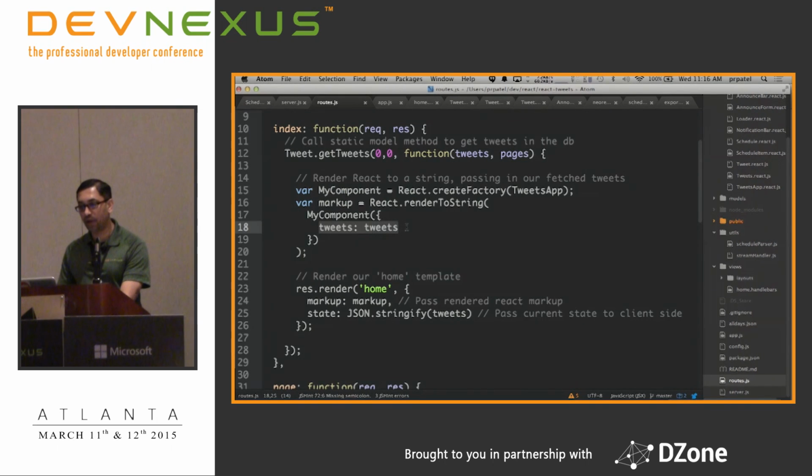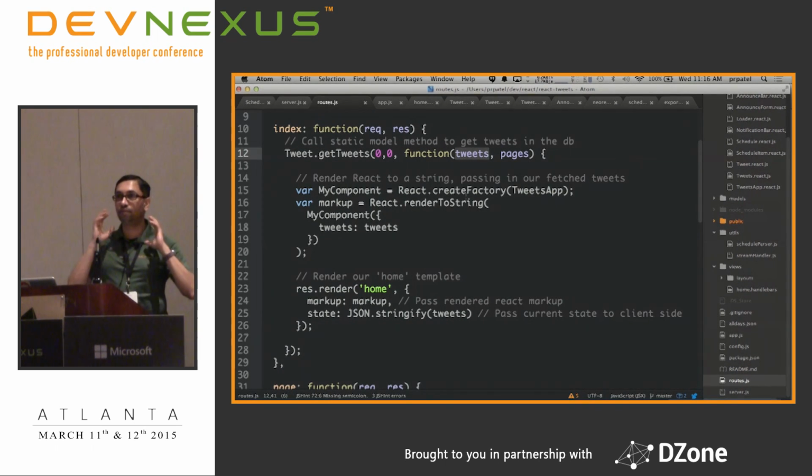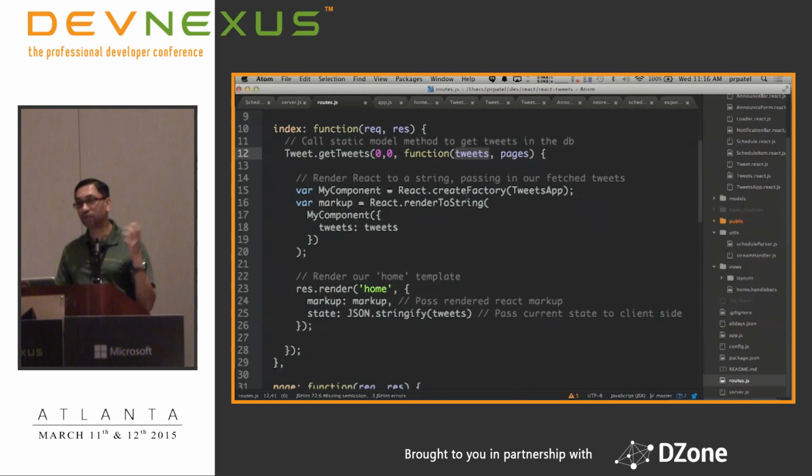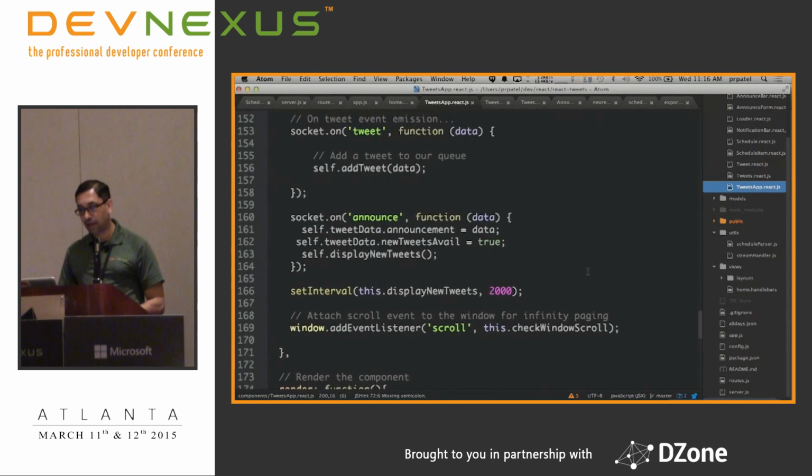Again, this tweet thing right here is just a database that I'm using, collecting the tweets as they come in from the Twitter sphere. So I go grab the first 10 or whatever, and you can see right here, that's where I'm passing the initial state. Basically, these are the first 5 tweets to show before you go live and start streaming tweets in from the server, okay? So this is the initial state. So let's walk down. We have the initial tweets that we need. That's our initial state. Let's go into our tweets app, okay, and have a look